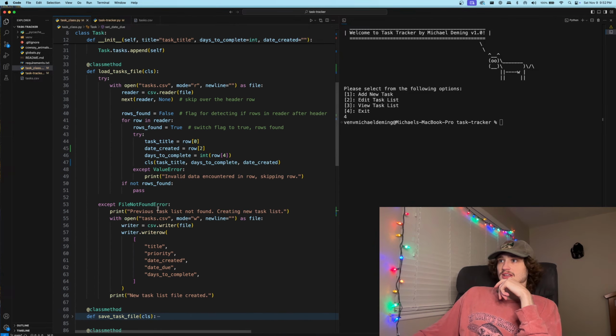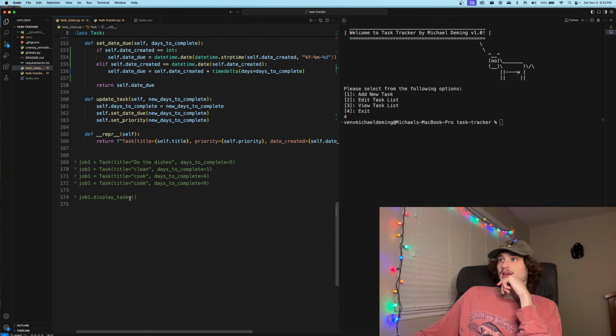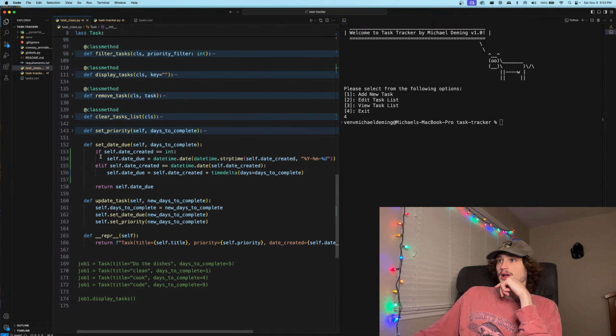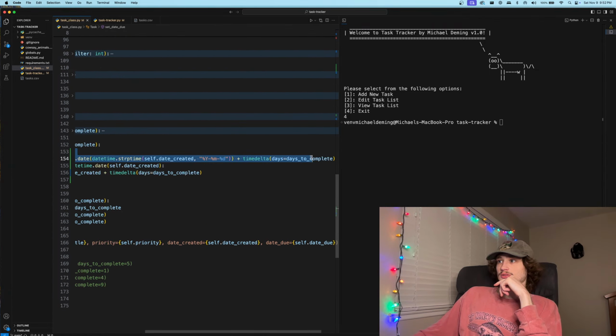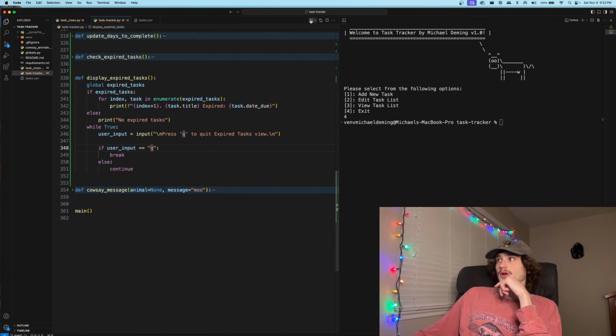This will indicate if it is here, right? If it's in this format. If it's a string, it's going to do this, right? It's going to assign the string to here, and then if it's an integer, it's going to do that, right? So now, if we go ahead and run this program,